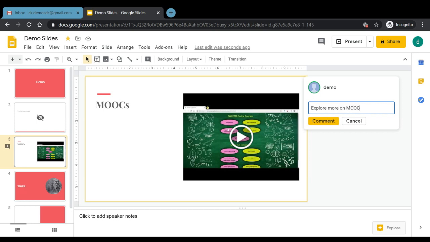Basically, when do we use a comment function? Now, for instance, after preparing a complete presentation, I want to share it with some of my fellow colleagues, and I would like him or her to kindly comment on any of the slides that he or she would want me to revisit again. So he or she can leave a comment here, and when I open the presentation, I can see that, okay, my colleagues have left these comments for me, and I can make the changes depending upon those comments before I make my final presentation.